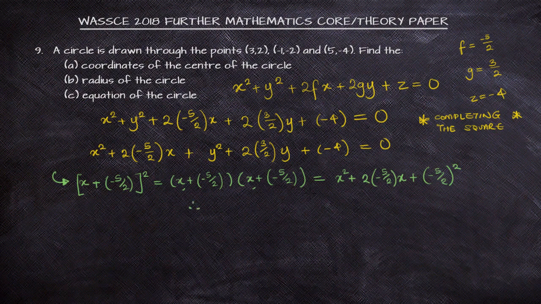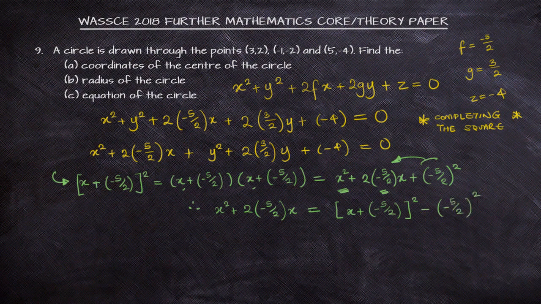Now, we need to look at this expression critically, and we'll evaluate that. What we are having in our equation is x squared plus 2 into minus 5 over 2 x. And that will be equal to, if you take minus 5 over 2 squared to the left-hand side, x plus minus 5 over 2, everything all square, minus 5 over 2 square. I took the time to explain this because I'm going to substitute these values into this equation, and we can do the same thing for y. Instead of writing x squared plus 2 into bracket minus 5 over 2 x, we are going to write this expression on the right hand side. So, if you are to do that,